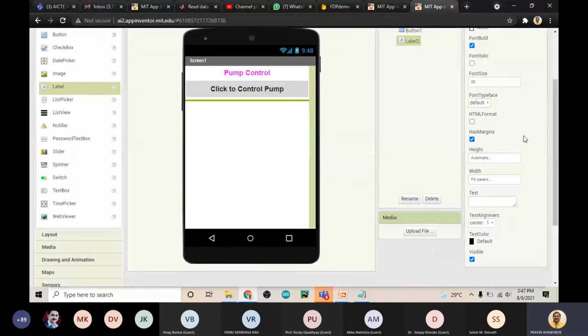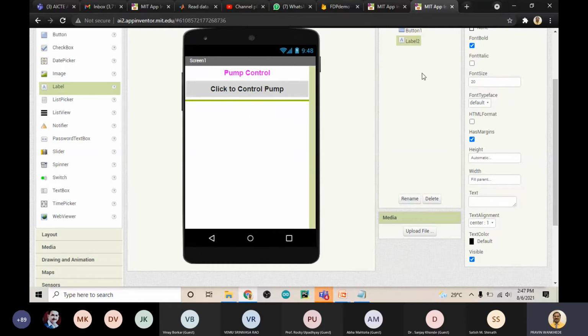So what I am doing here is that if I click the button, then automatically the pump should start. But whether the pump is on or off, that is going to be displayed in the next text. So we'll get the understanding of whether the pump is already in an on or off condition. I hope you are understanding this.